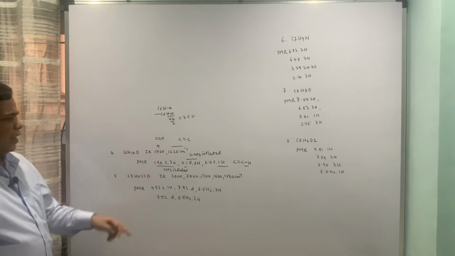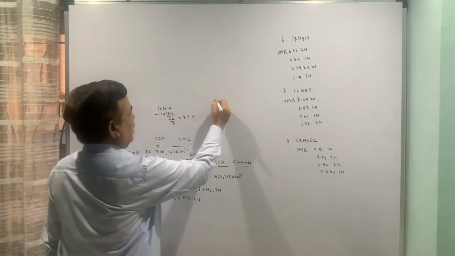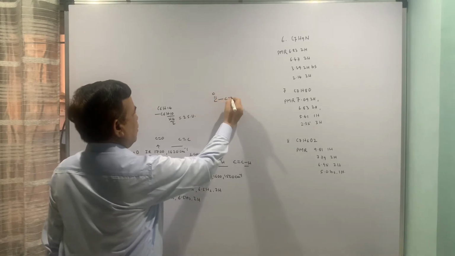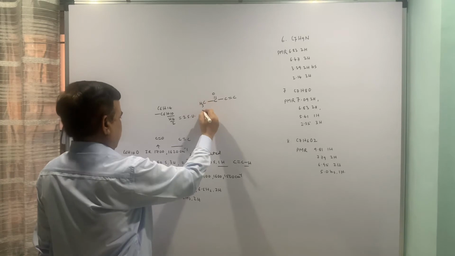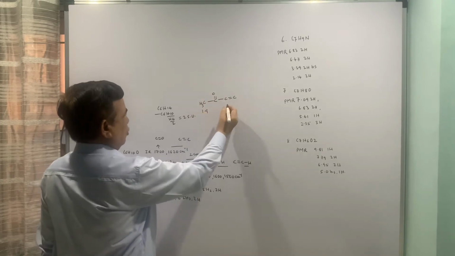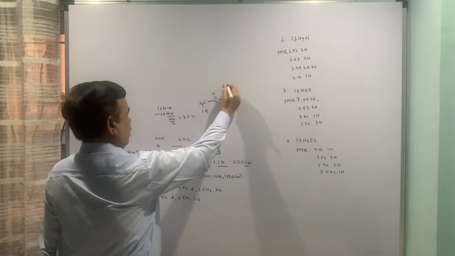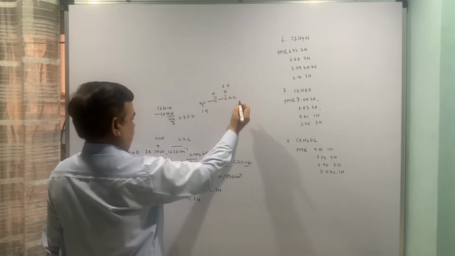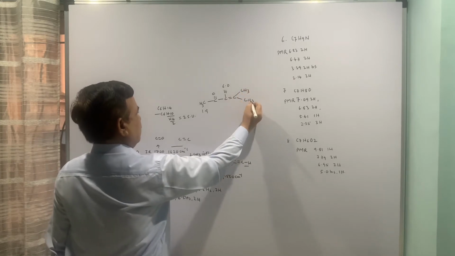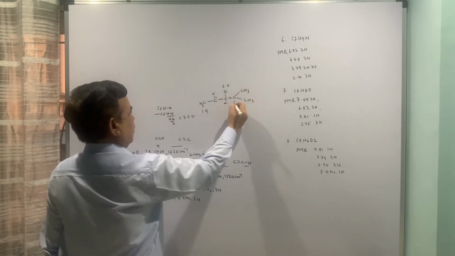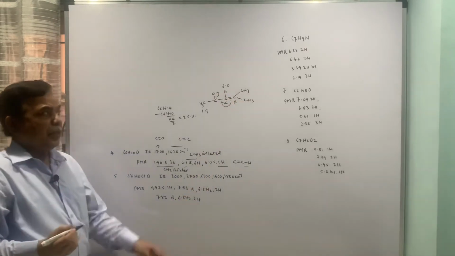So 2 sides of unsaturation, one is carbonyl, second is double bond. So the template would be like this. I am just putting the template. CH3 here, this will be 1.9 or 2, then one of the CH is 6, and why I am putting here alpha beta, because once electrons flow here, alpha will be shielded, beta will be deshielded.